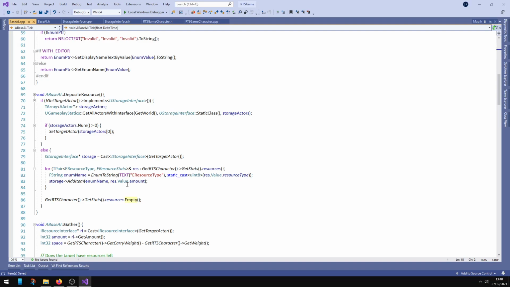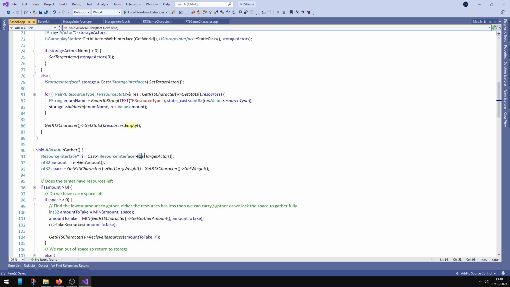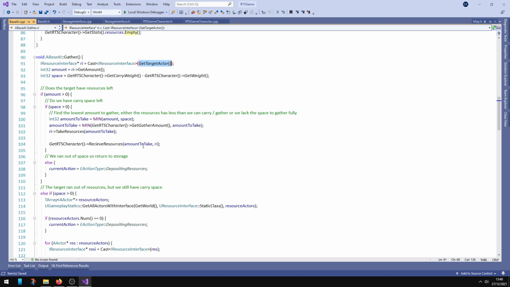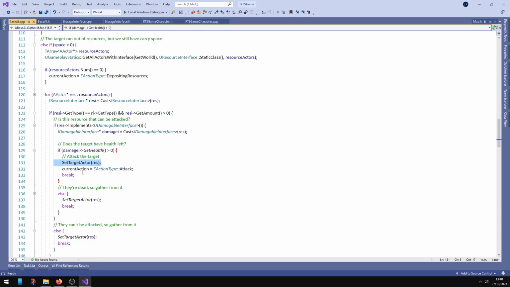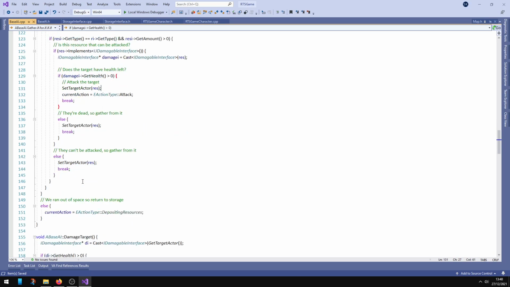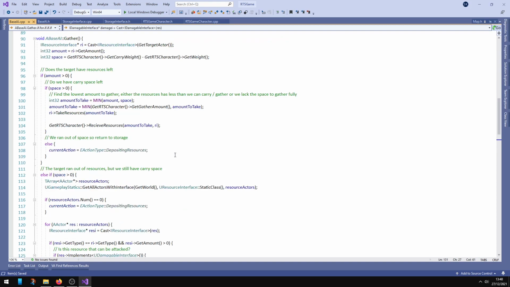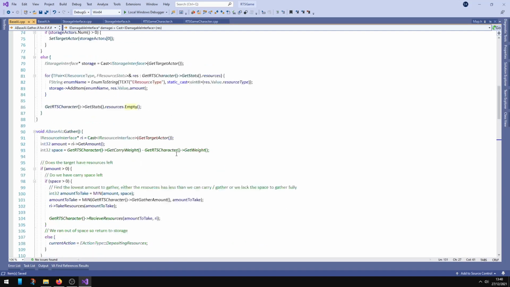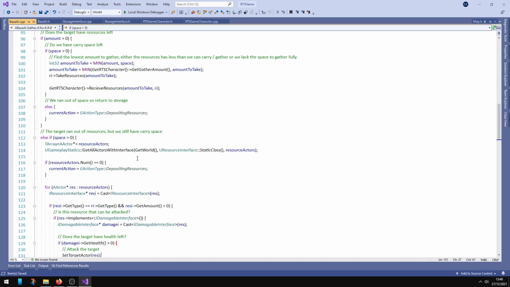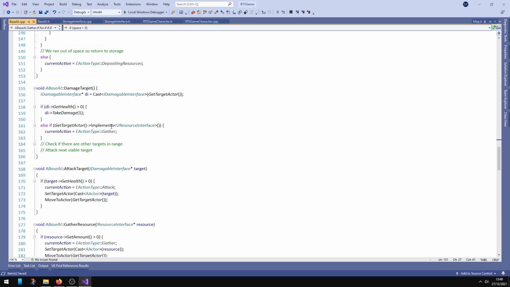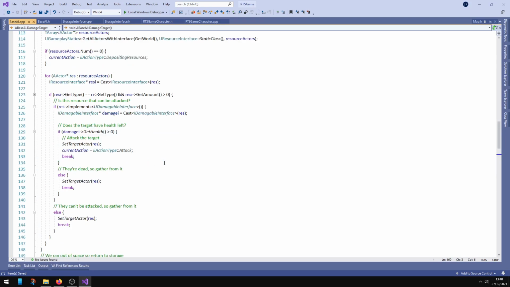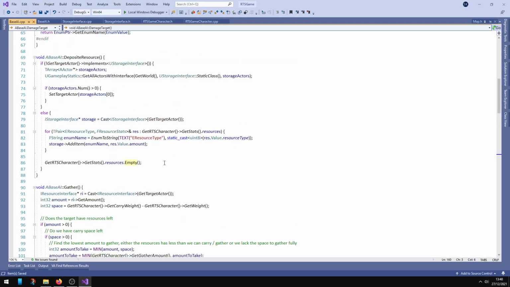And now everywhere there's target actor, it's now get target actor. And wherever we're setting it, it should be set target actor. So now we have access to the previous target, and we can literally do something like this. And when we go to deposit resources, we do